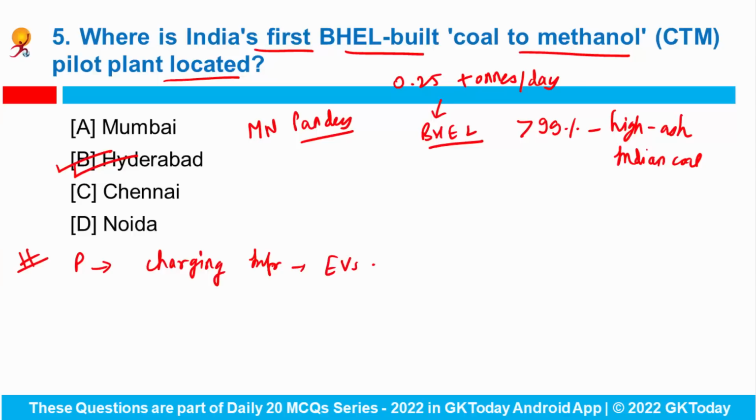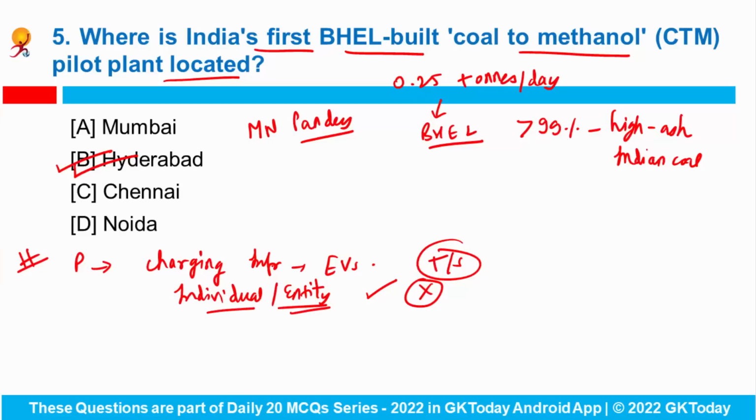So as per the new guidelines, any individual or entity is free to set up public charging stations without the requirement of a license, provided that such stations meet the technical and safety standards and protocols. Okay, so you can be asked that as per the standards for charging infrastructure for electric vehicles, who can set up a public charging station?